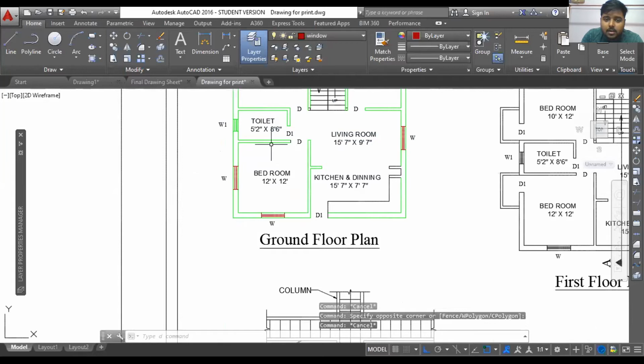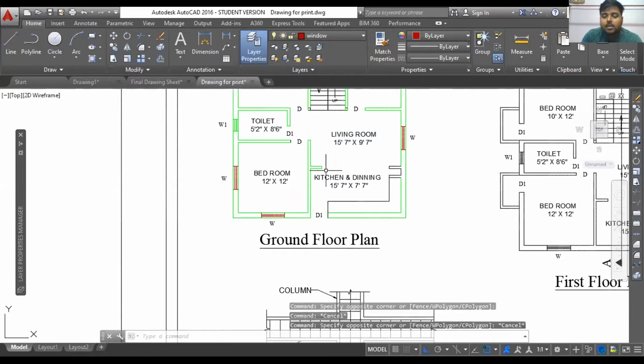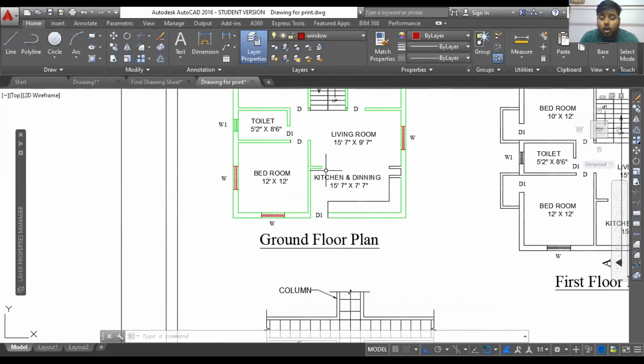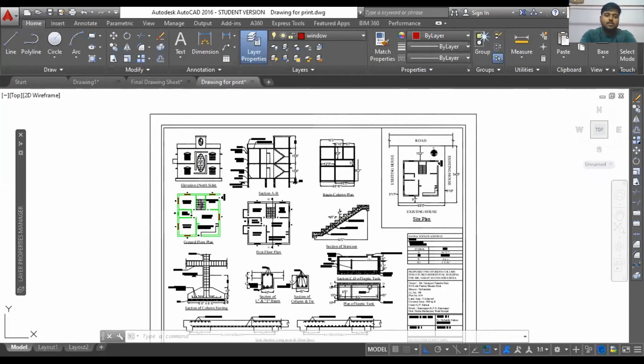So you have to see and realize it on yourself. There are two differences. A selection which only selects the area or portion or object or entity that is coming in 100% or complete area is coming under that selection, that will be selected with the blue selection. And with the green selection tool, whichever area, even a very small part of a particular object or line or polyline that is coming under that, the entire thing will be selected. So these are the two different types of selection.